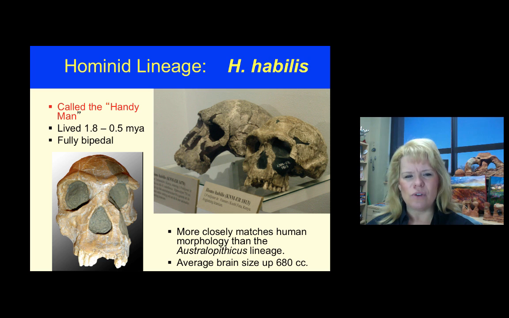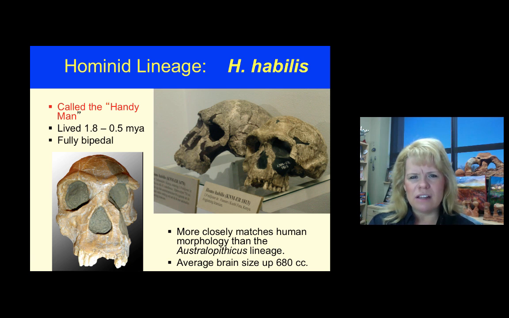Now, he lived from about 1.8 million years ago to about 0.5 million years ago, making this a very successful species. And one of the things I want you to contemplate is that there was more than one of these species of humans that coexisted at the same time. So there is a potential for interbreeding. That is an interesting thought, because we need to think about the fact that these humans probably came in contact with each other. It'd be no different than different species of mammals of a similar kind coming together, like two different cats or two different dog type species, canine species.